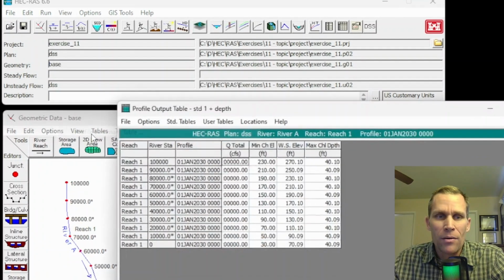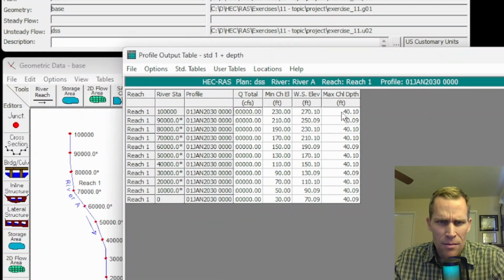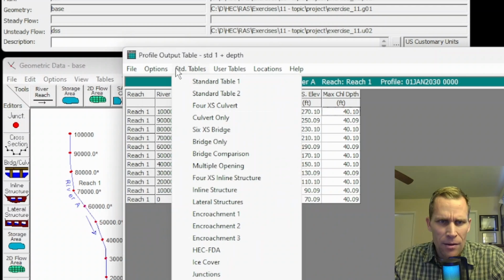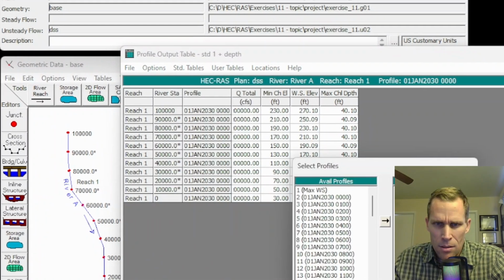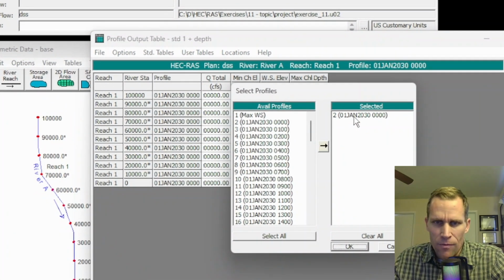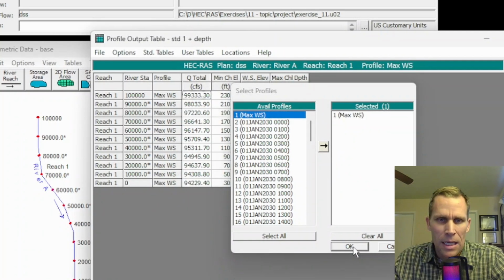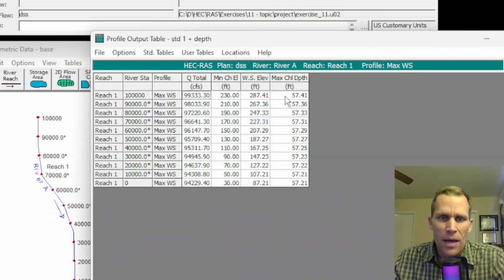View, profile, summary table. And then let's see here. This profile is actually, okay, this is the first profile. This is the very beginning. Let me turn that off. Let's go max profile again and click OK. And sure enough, we have the exact same data as before. The max depth is 57.41 at the top of the river reach, river station 100,000, and then at the bottom of the river reach, river station 0, we have a max water surface, max channel depth, of